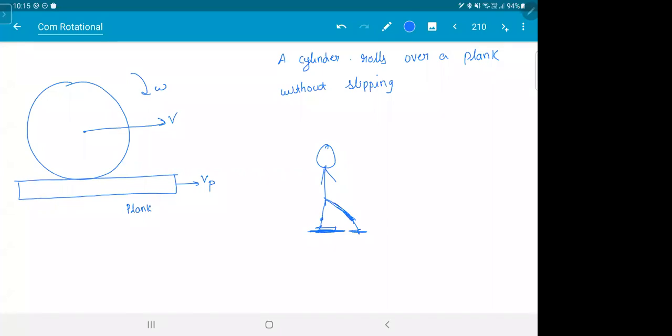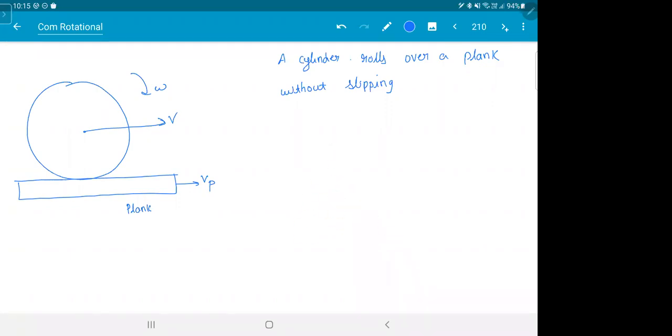You can still be walking, but the leg which is in contact with the ground is not moving. So when you're walking on the floor, you're not slipping. If the floor has a lot of oil, when you put your feet, you skid, no? Your leg which is in contact with the ground is skidding. There is a relative motion. So remember that thing. When I say no slipping, it doesn't mean the body is at rest. Just the point in contact, that point will have a zero relative velocity.